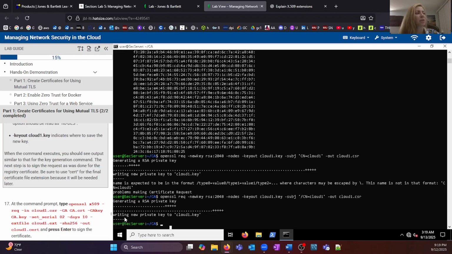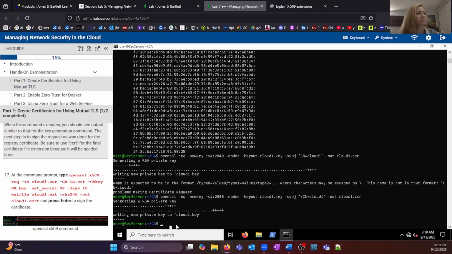At the command prompt, openssl x509 -req -in cloud1.csr -CA ca.crt -CAkey ca.key